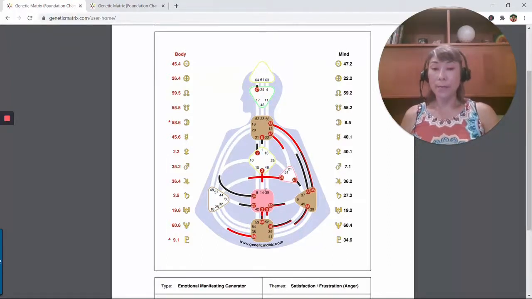And if you remember, in the last chart, the sacral, the root, the emotional solar plexus were all connected, and it was like one continuous circuit up to the throat. In this particular chart, the sacral and the root are connected via this 36-0 channel, but if you notice, neither the sacral nor the root are connected to the emotional solar plexus. So when I see something like this, I know that this person probably has a sacral response that isn't necessarily talking to their emotional wave. And this is where it's important for someone with a chart like this